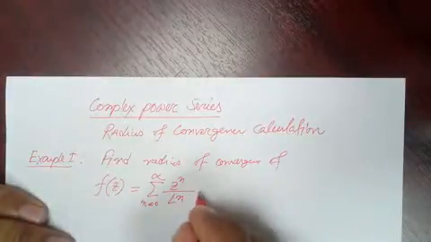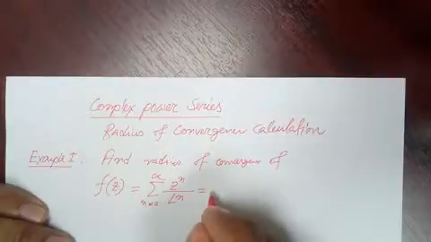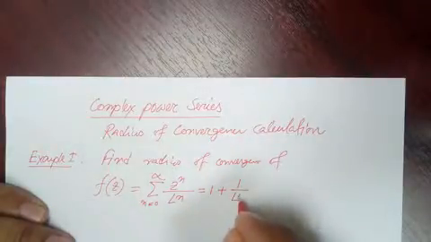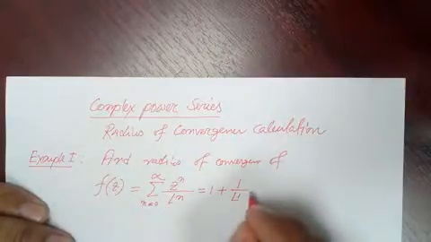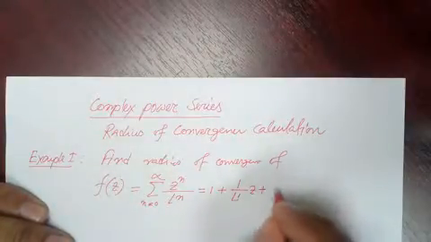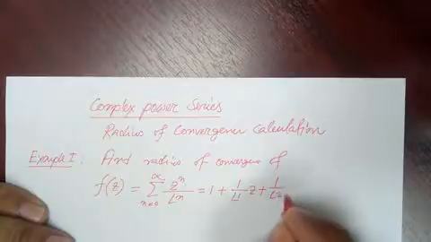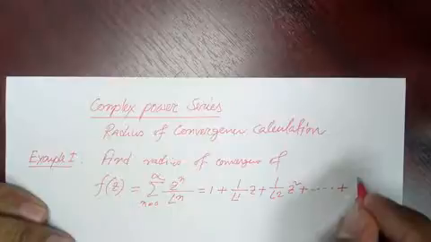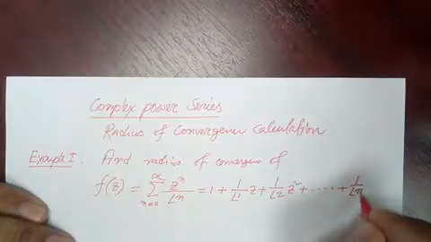This is a series. If we expand it, we get 1 plus 1 over factorial 1 z plus 1 over factorial 2 z squared and so on, and we can write 1 over factorial n z